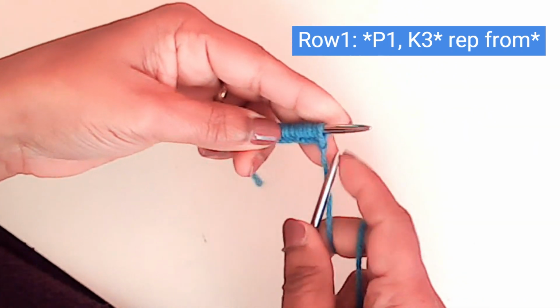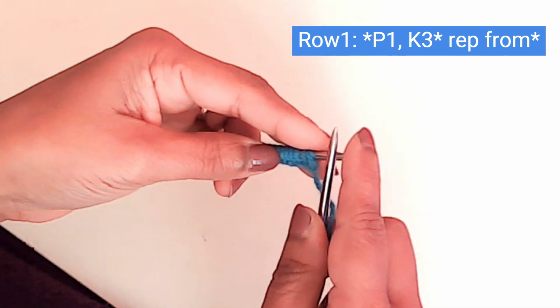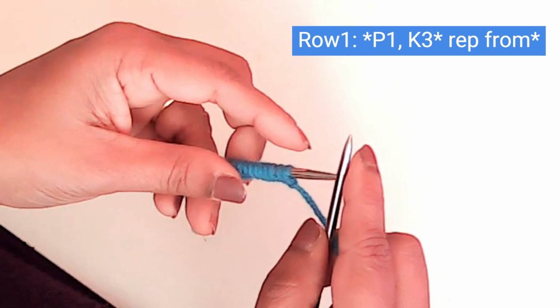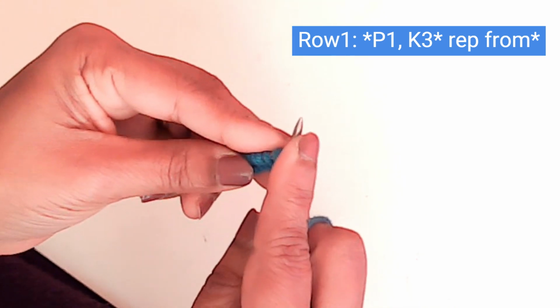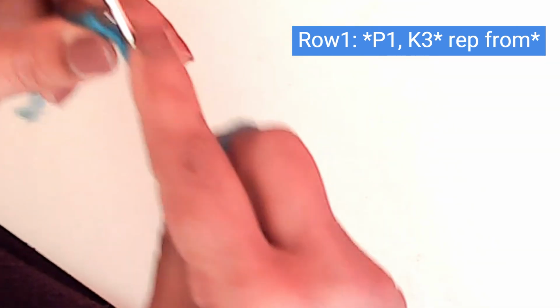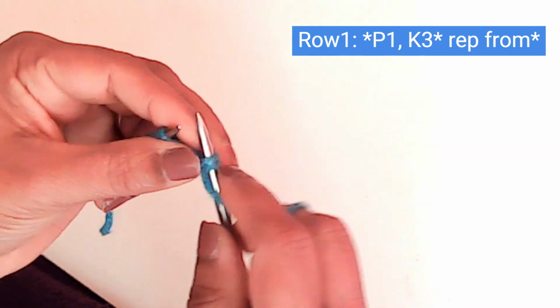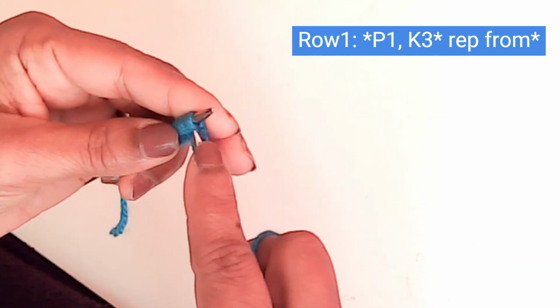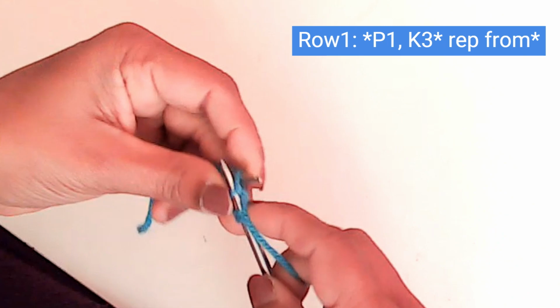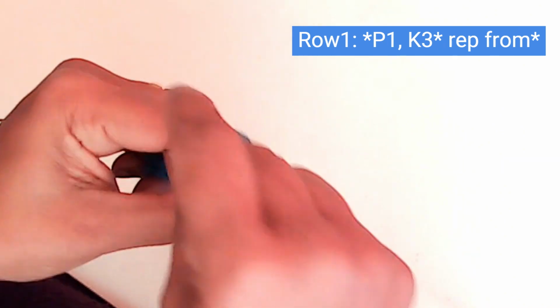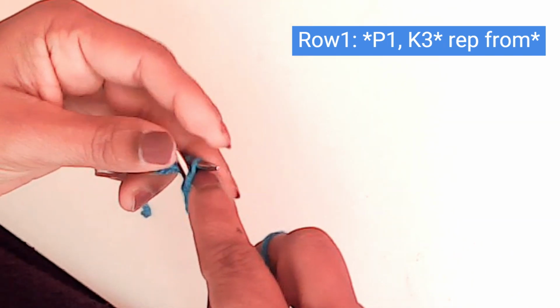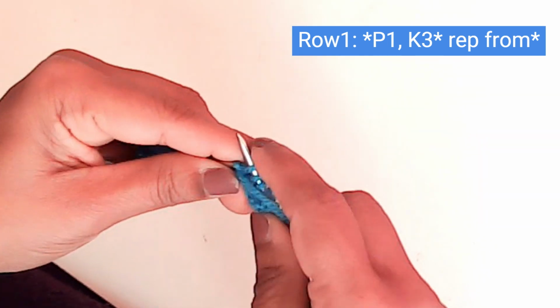For the first row, we need to purl 1, knit 3, and repeat this. I take off my edge stitch and I'm starting with my 1 purl and 3 knits: 1, 2, 3, and repeat again. Purl 1, knit 3,